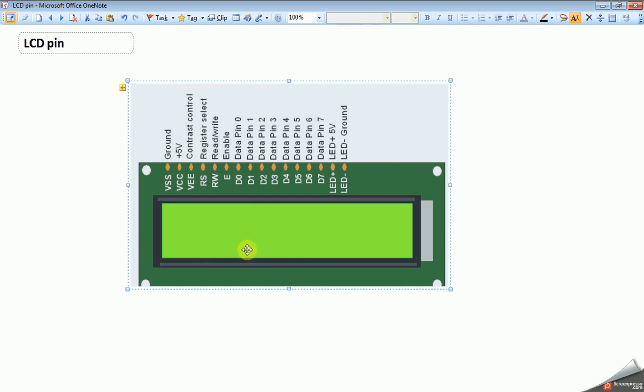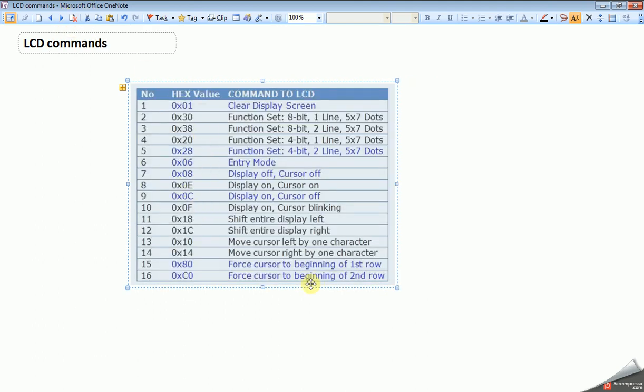If you want to clear the previously written data, then we need to send a 0x01 command to LCD, then the LCD will be cleared. So these are the main LCD commands available for us, and based on your requirement we can use them. Suppose I want to display in the first row, as I told, we have to use 0x80. If you want to display in the second row, we need to use 0xC0. If you want to clear the display, then we have to use 0x01.